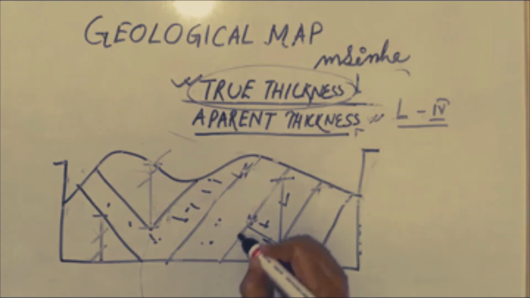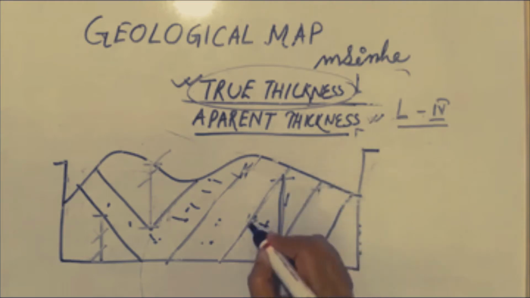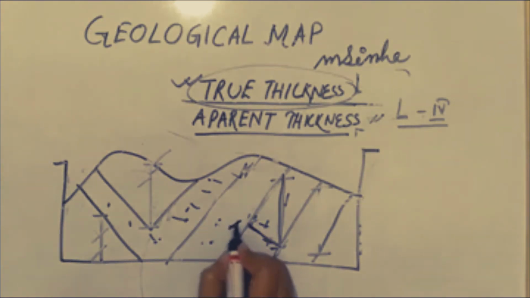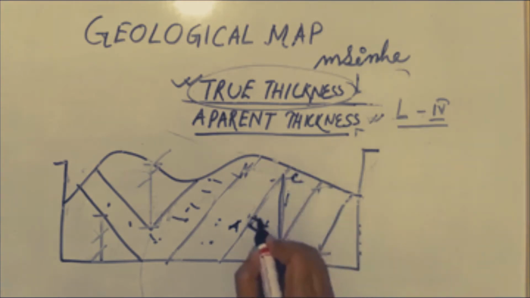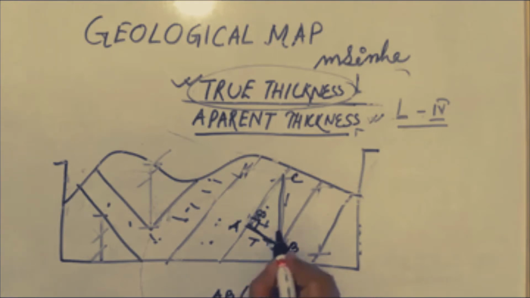So it's clear to all of you that this line is the apparent thickness, and this is the true thickness. Suppose you think of all this in the light of the Pythagorean formula. Suppose it's A, it's B, and it's C, with an angle of 90 degrees. Suppose the true thickness is given. The value of AB, that is the true thickness, is given. Suppose this is 600 feet and this angle is theta. The value of theta is given to you, that is 45 degrees.